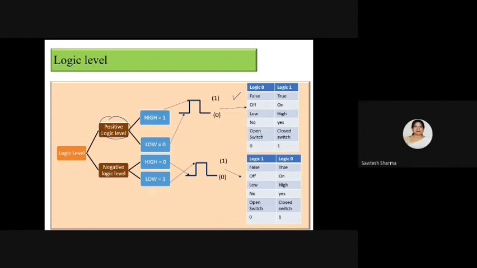Please, this is the important thing. Please remember, open switch and closed switch. This is the basic thing that I will tell you to explain the logical operation. Closed switch means these 2 points are connected, and here I am showing that 2 points are disconnected because this switch is open. Okay, so in terms of open and close switch, I can explain logic 0 and logic 1. And you see for the negative logic, it is just reverse.